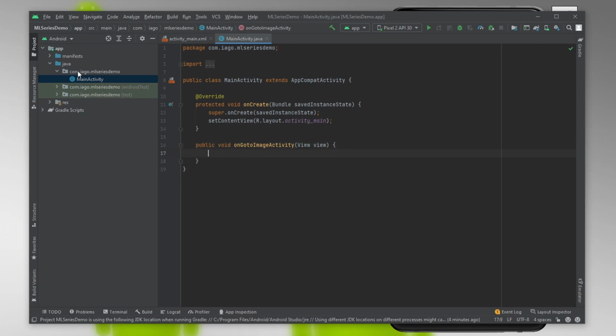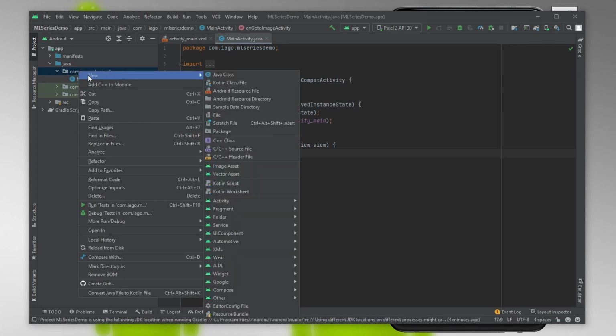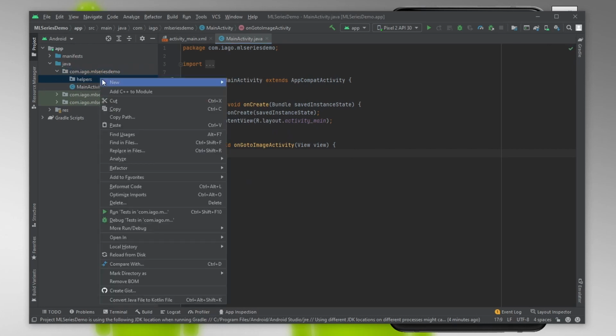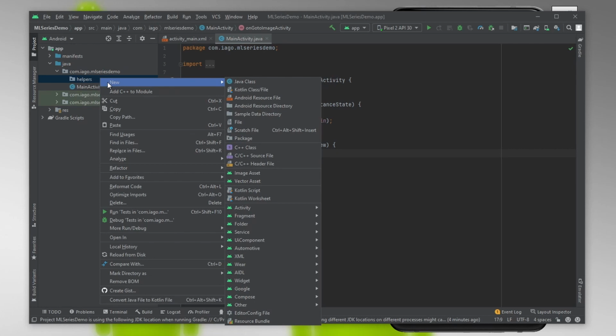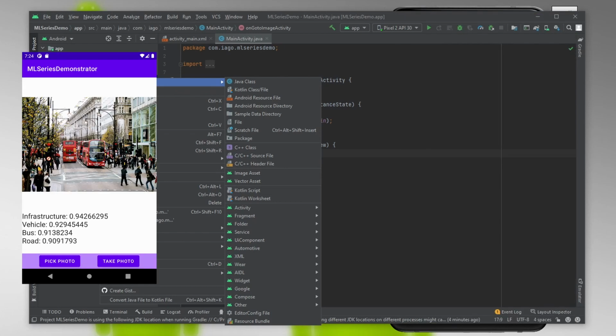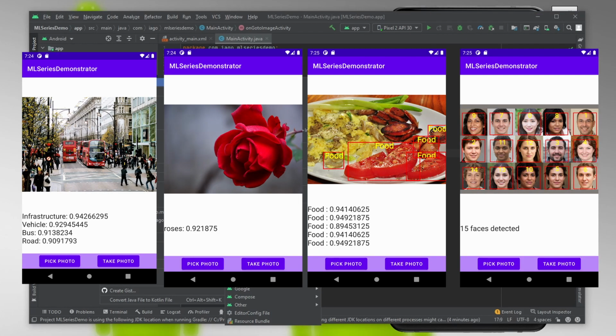Okay, so now in this left pane, I'll right click on the package and create one more package called helpers. What we are trying to do here is create some helper activities. We are planning to have 4 activities that all depend on image analysis: image classification, flower detection, object detection, and face detection.